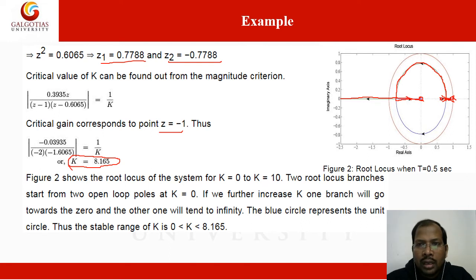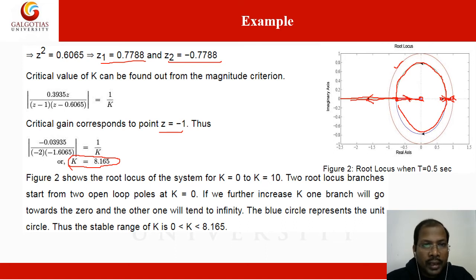So here we are also getting the breakaway point, because here is also a breakaway point. So it is going in this way. Some roots are going to terminate at the poles and some are going to terminate at infinity. So it is symmetric with the real axis. So you can draw this one. This is the unit circle.